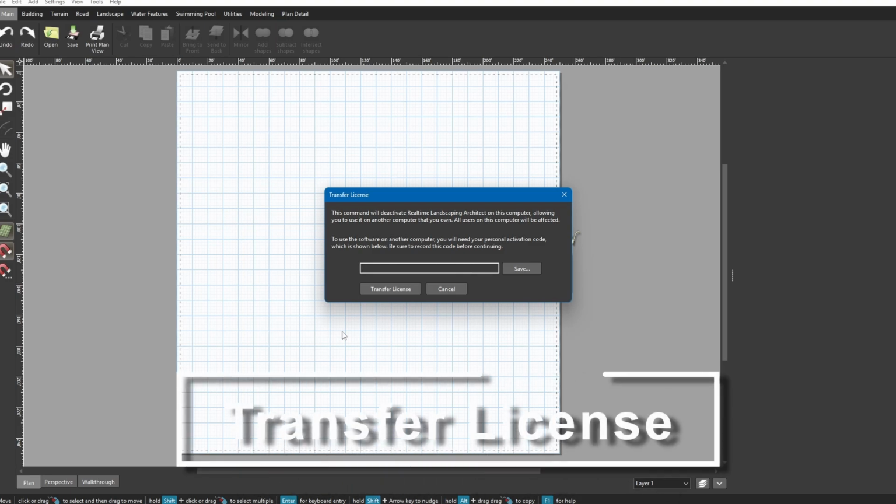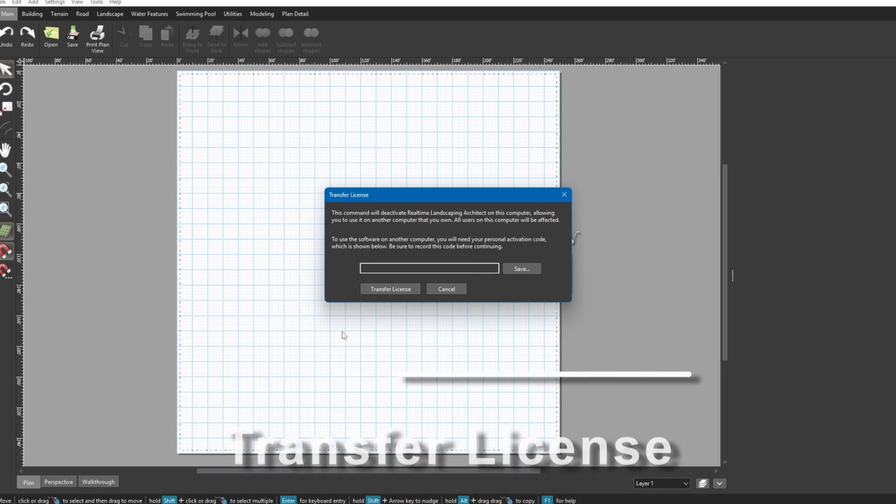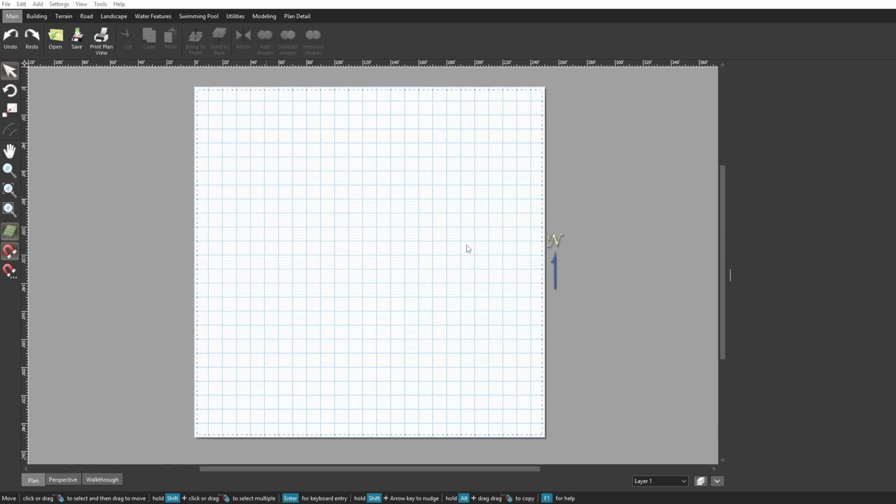In this tutorial, I'm going to show you how to use the transfer license command to free up an activation slot so you can activate it onto another computer. Real-time landscaping can be activated onto two computers. However, if you would like to transfer the software from one computer to another, we can do that by using